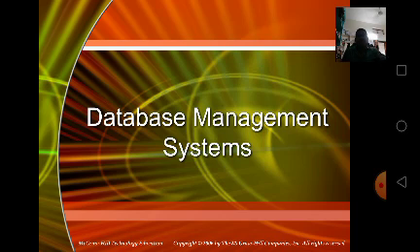These are the main objectives of database management systems.